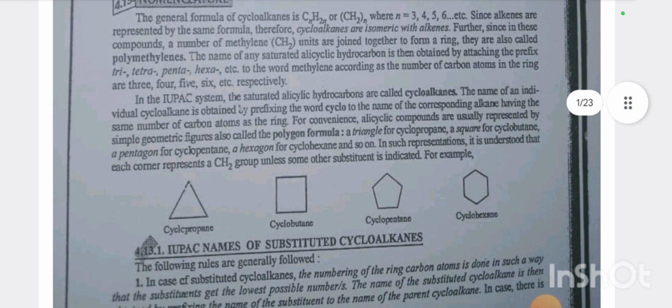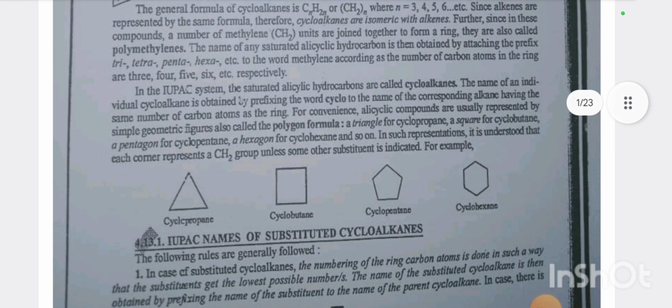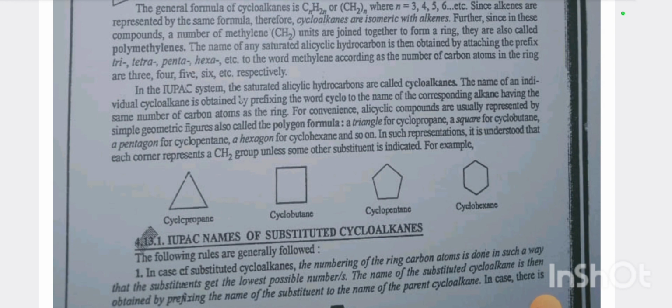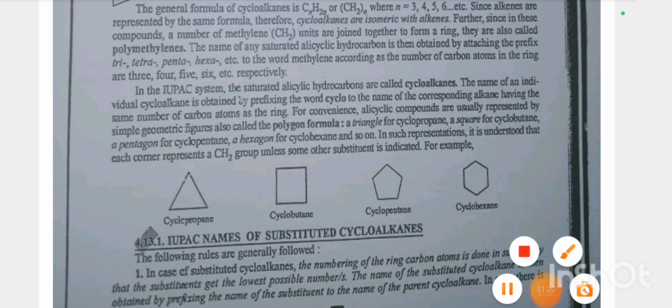Nomenclature. The general formula of cycloalkanes is CnH2n, where n is 3, 4, 5, 6, etc. Since alkenes are represented by the same formula, cycloalkanes are isomeric with alkenes. Further, since in these compounds a number of methylene units are joined together to form a ring, they are also called polymethylenes. The name of any saturated alicyclic hydrocarbon is then obtained by attaching the prefix tri, tetra, penta, hexa, etc. to the word methylene according as the number of carbon atoms in the ring is 3, 4, 5, 6,